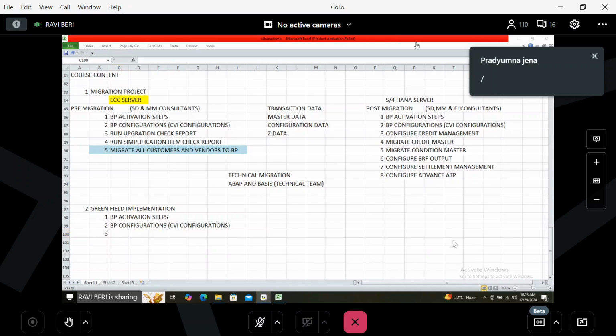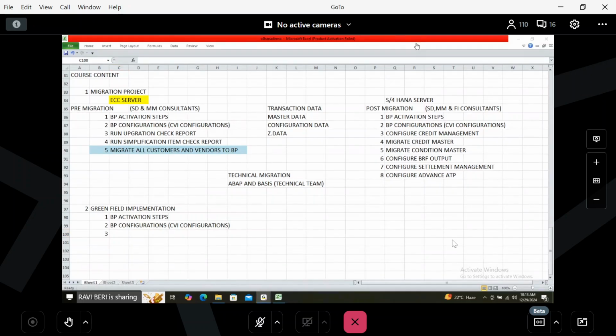CVI means customer vendor integration. Then credit management configurations,